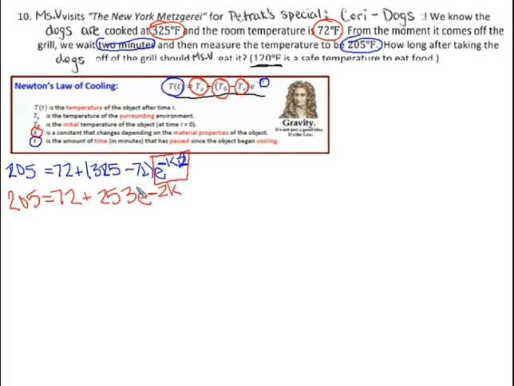To isolate the exponential piece, let's subtract 72, which gives us 153, and then divide by 253, to give us about